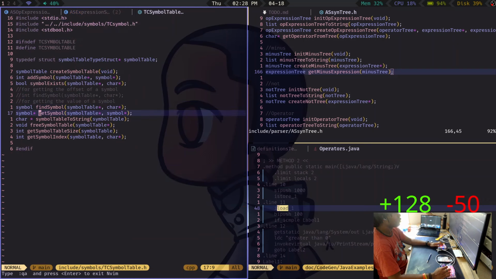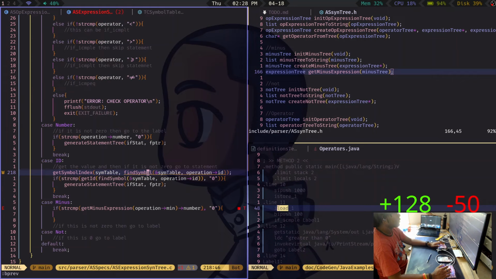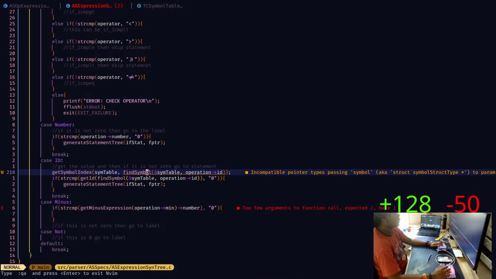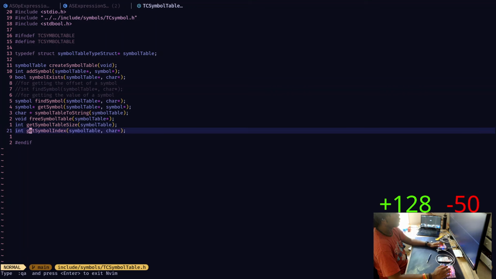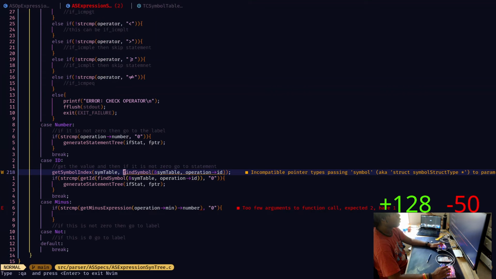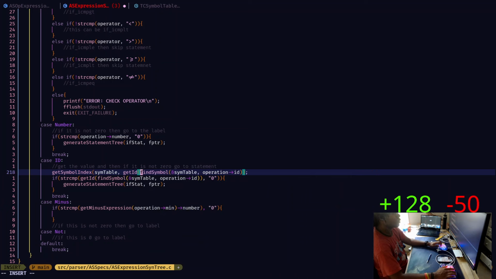Symbol. Symbol table on a char. Oh, that's why I was doing get ID. Okay, I get it now. So then you do that, you get the index, and then you say,